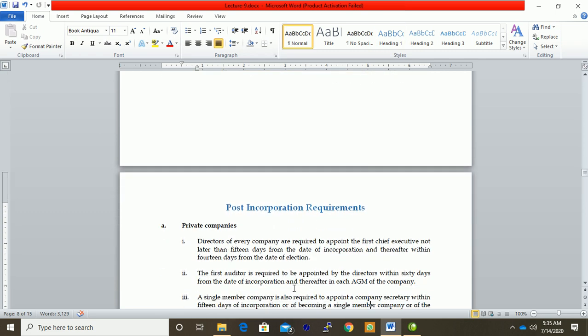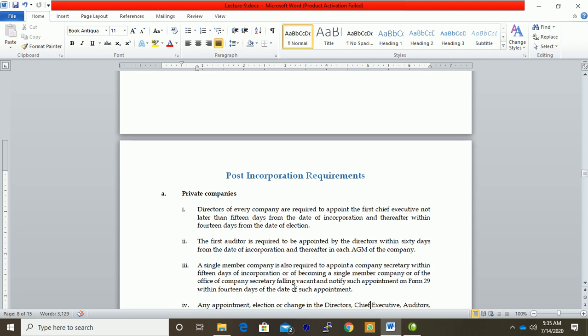After the incorporation, what is required? The directors of every company are required to appoint the first chief executive not later than 15 days from the date of incorporation, and thereafter within 14 days after the date of election. The first auditor is required to be appointed by the directors within 60 days from the date of incorporation, and thereafter at each AGM of the company.